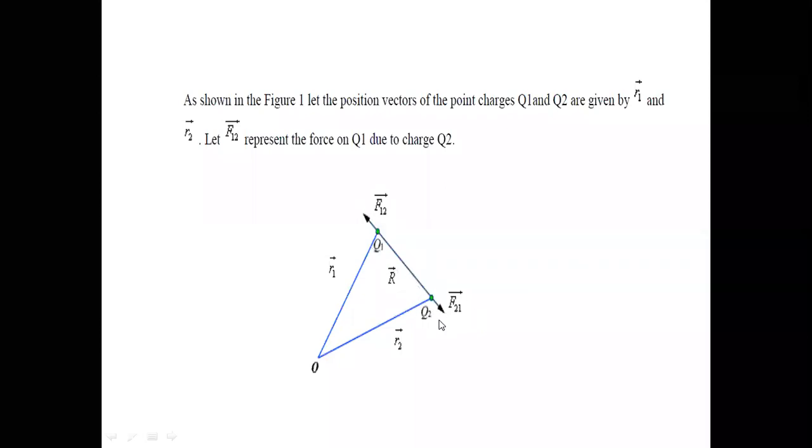Due to Q2, Q1 is attracted and experiences some force, and that is F12. Okay, so whenever we calculate the final force, we have to mention the direction, and for that these notations are important. The first one is the charge which experiences the force, and the second one is the one responsible. So F12 is the force on charge Q1 due to charge Q2. This is important while solving our numericals. All of you get it?